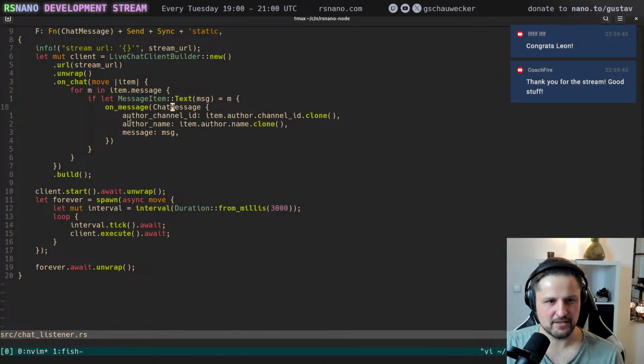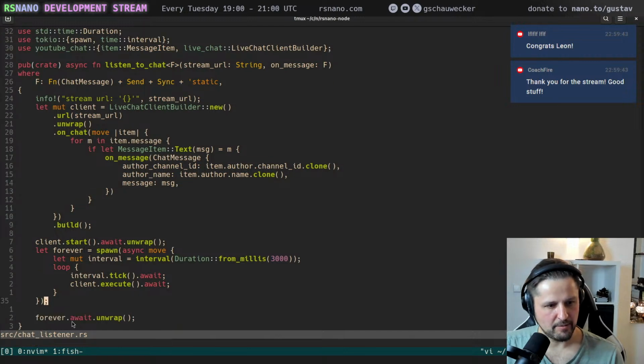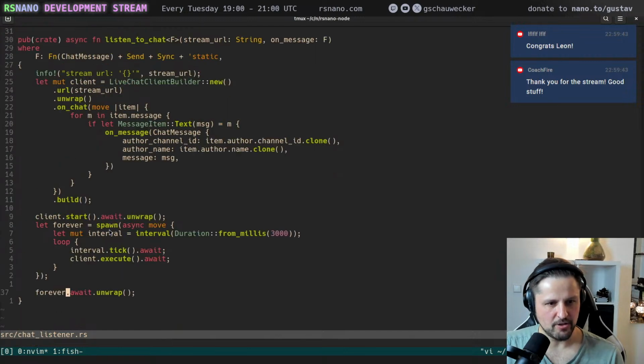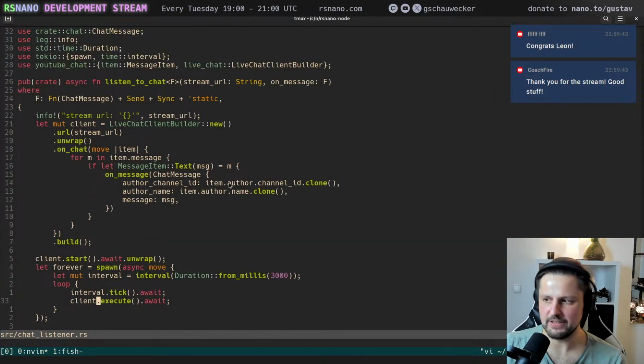And chat message is just the channel ID, the name, and the message. How many lines are there? These 30 lines of code. And here it then just forever, every 3 seconds, tries to get new chat messages. So these 30 lines of code are the whole YouTube adapter, and I think the Twitch adapter will be similar in size.